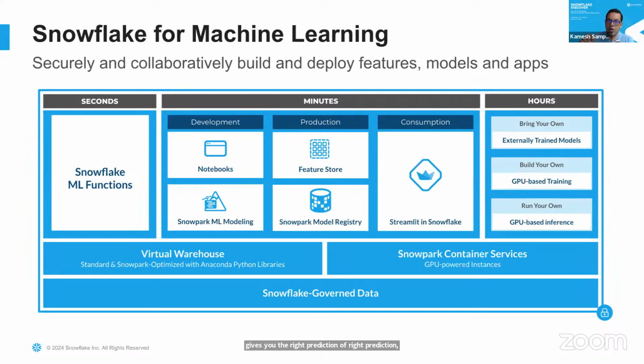And one thing to note about machine learning is that all these things sit on common Snowflake governed data, which means the security, the hardening, the ACLs, everything is there. You're not compromising on any of those things. That's what we said earlier. There are no governance or security trade-offs, even when you're doing ML, and even when you're doing LLMs, which you're going to see in the Friday session as well. And obviously, we have the warehouses. We'll talk a little bit more in the upcoming slides about which warehouses fit here.